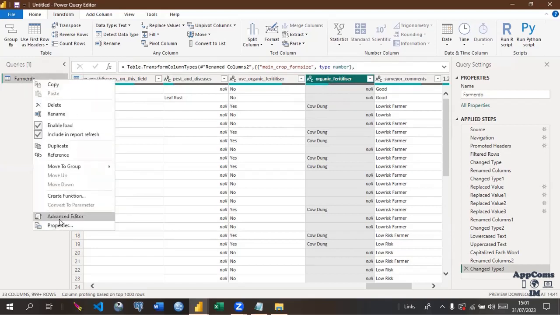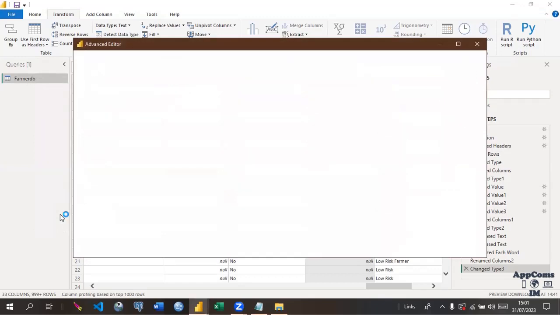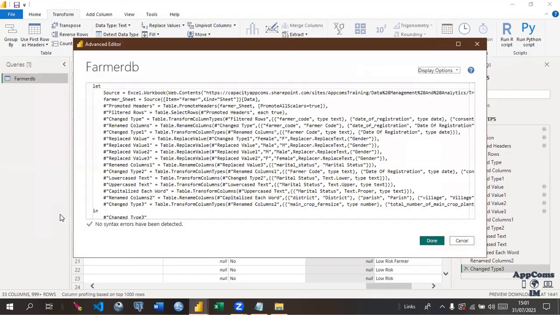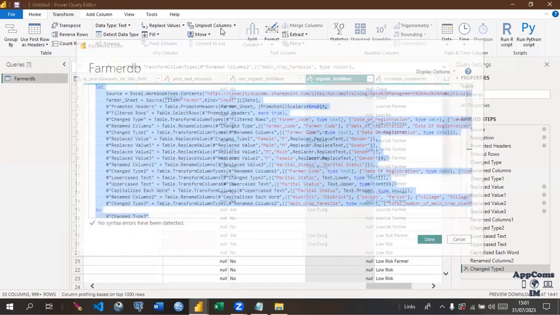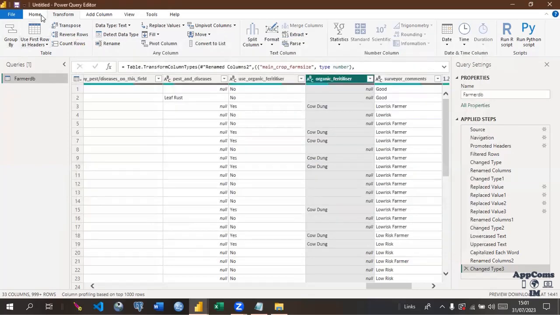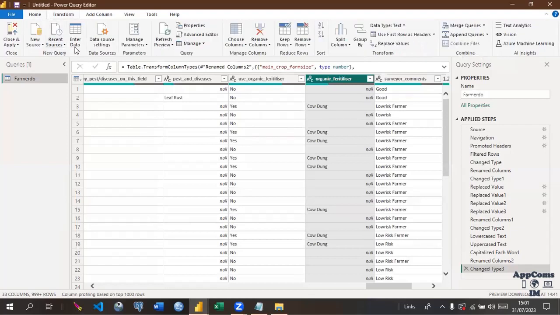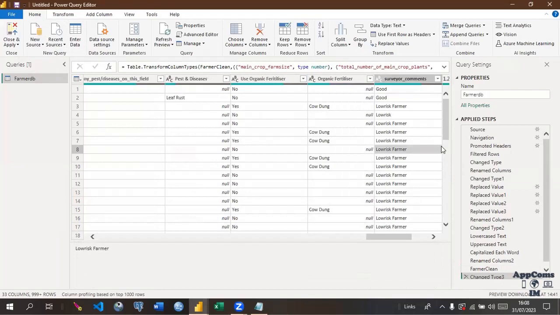Right click this, and then we have the advanced editor. Okay, so what you can do is to highlight everything like this, Control C, and then you can close this. And then the next thing you can do is to come under Home and select all. Right, so